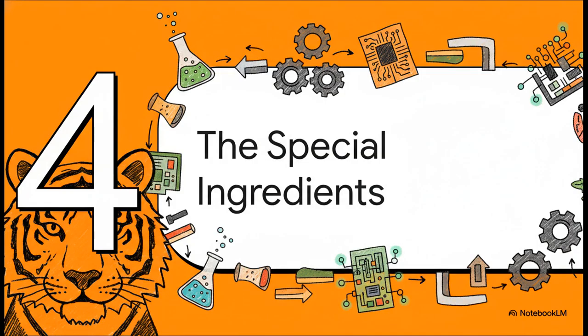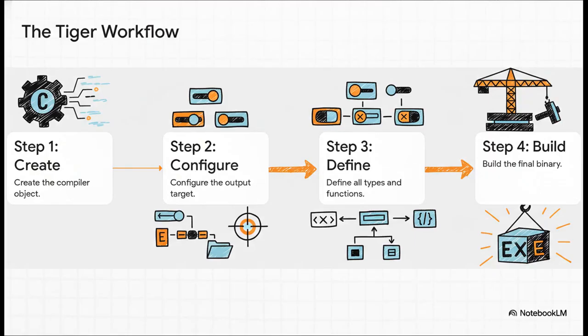Okay, so what are these special ingredients? What's going on under the hood that makes all of this possible? The process of actually using Tiger is super clear and logical. It's just a four-step workflow. First, you create the main compiler object. Second, you configure your target, like, say, an executable file. Third, you define all your types and functions. And finally, step 4, you just tell it